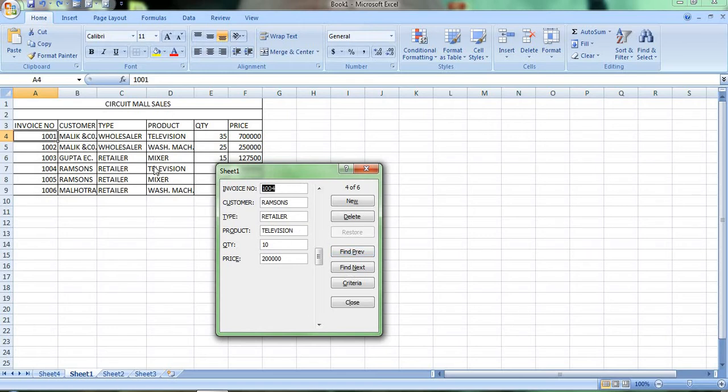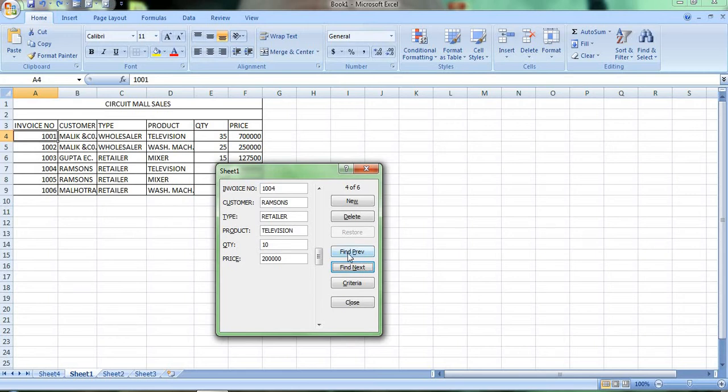See, where television is one time and the second time, I have to go to Find Next and Find Prior. Click on the Find Next button. The next entry related to the television criteria will be displayed. See, if I go to next, why doesn't it come? Because I don't have any. After Ramsons, I don't have any television here. After that, mixer and washing machine are there.